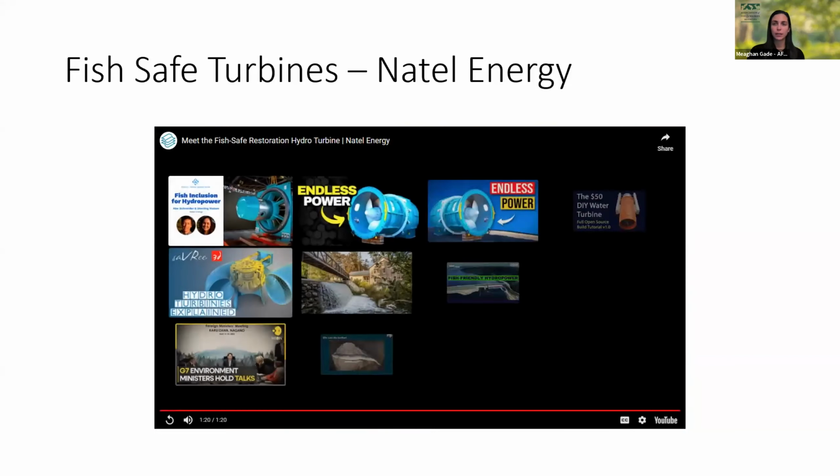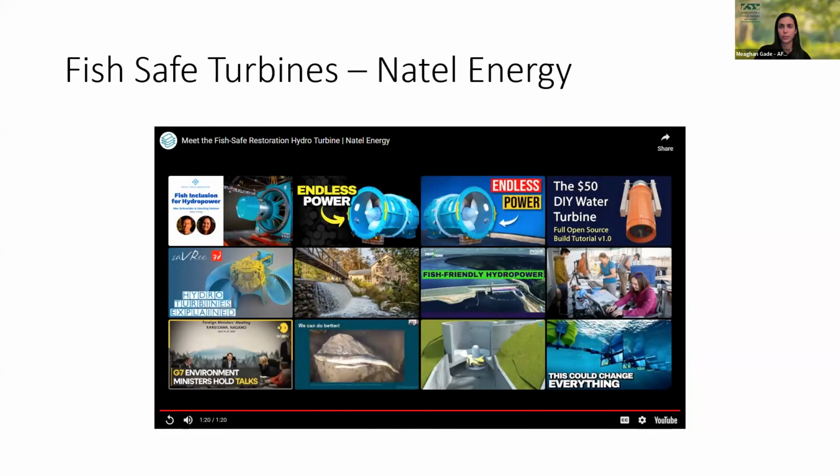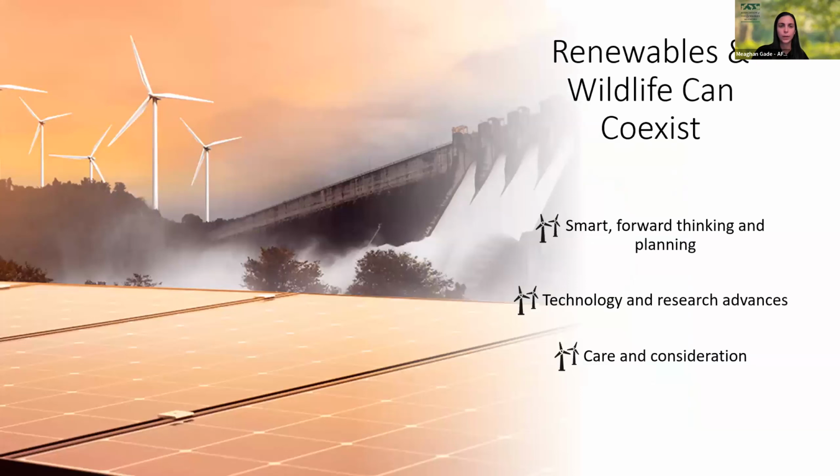So it's a really clever solution to this issue, and there's a lot of really smart people out there working on a whole host of advancements to try to solve some of the issues that we're facing right now. So I want to end with just saying that we need renewables. Yes, they come with a lot of downsides, especially for wildlife and wild lands, but we cannot continue to be extracting and using, with all of our energy coming from fossil fuels. We need renewables. It's part of the solution. We also obviously need wildlife, but these two things don't have to come in conflict with each other.